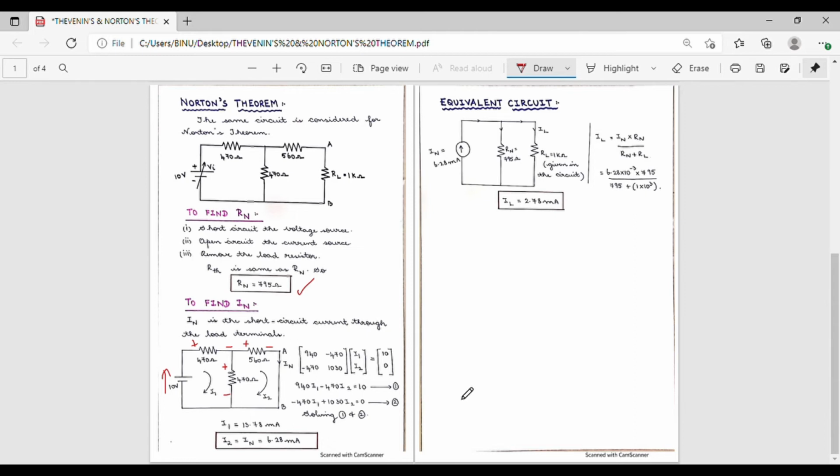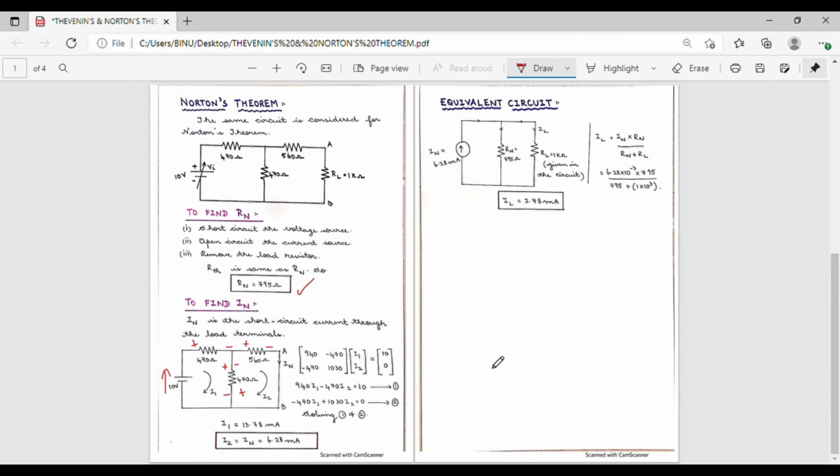In the same way we are going to write the equation for loop 2: minus 560 into I2 minus 470 into I2 minus I1. Since I am writing the equation with respect to the loop current I2, here the current term should be I2 minus I1. On solving these two equations, we will be able to obtain the values of I1 and I2. We can use the equation method or otherwise we can go for the matrix method in order to solve this particular circuit and obtain the values of I1 and I2.